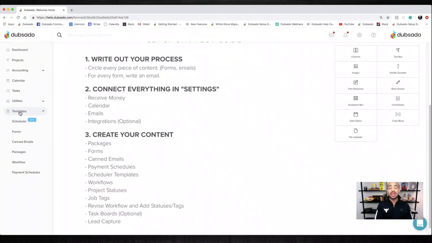So whenever you're going into the templates area, you never have to second guess, well, what do I need in my contracts area? What questionnaires might I need? Or what emails do I need? Because you've already written out your process and circled everything, you already have a list of every single piece of content that you need. So that's why I want to jump back really quick to number one